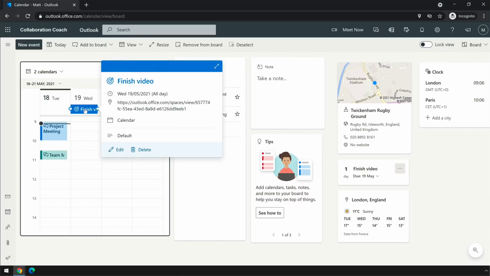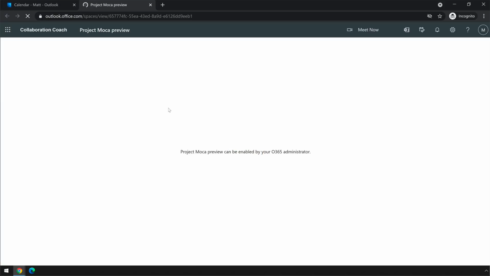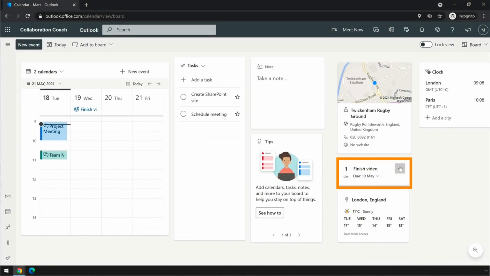But the link it added to the goal didn't work for me. I got a Project Mocha message, so I guess that needs fixing. You can always remove the widgets as well.